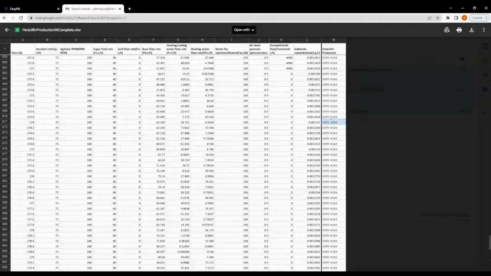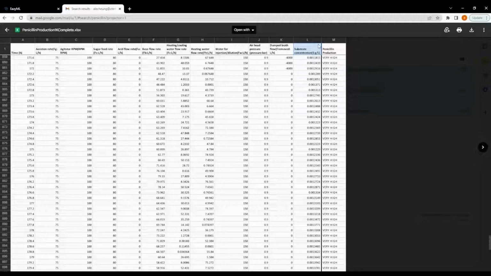The dataset takes into account specific operating conditions and settings of the manufacturing process: duration or time, aeration rate, agitator RPM, sugar feed rate, acid flow rate, base flow rate, heating or cooling water flow rate, heating water flow rate, water for injection/dilution, airhead pressure, dumped broth flow, and substrate concentrations.